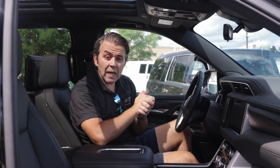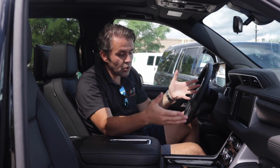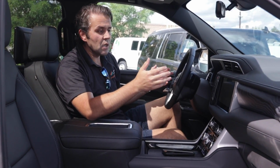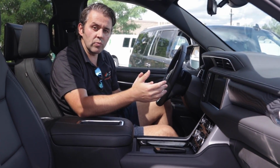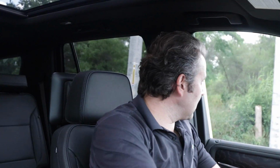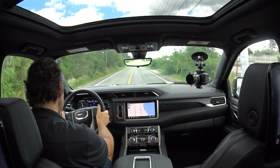Now, it's time to take them for a test drive, and I'm going to show you how different they are, how do they compare against each other, and of course, which one drives better on the road. Okay, let's take this gigantic monster for a test drive. I put it into sport mode. The actual heads-up display is huge in this thing. It is massive. In sport mode,